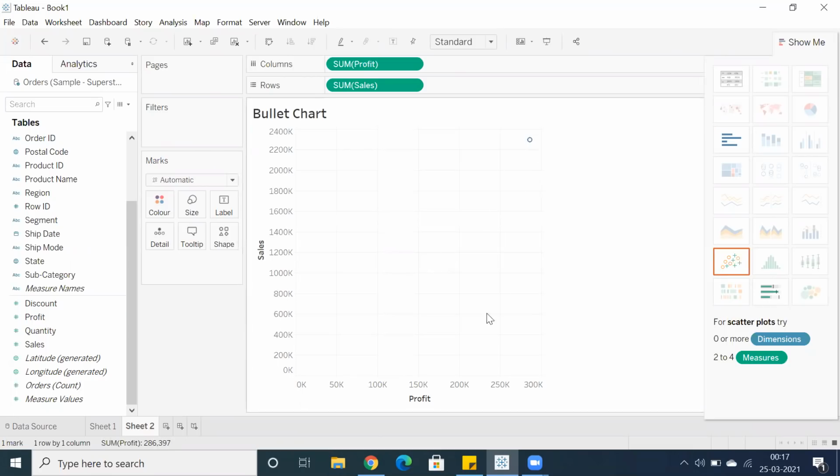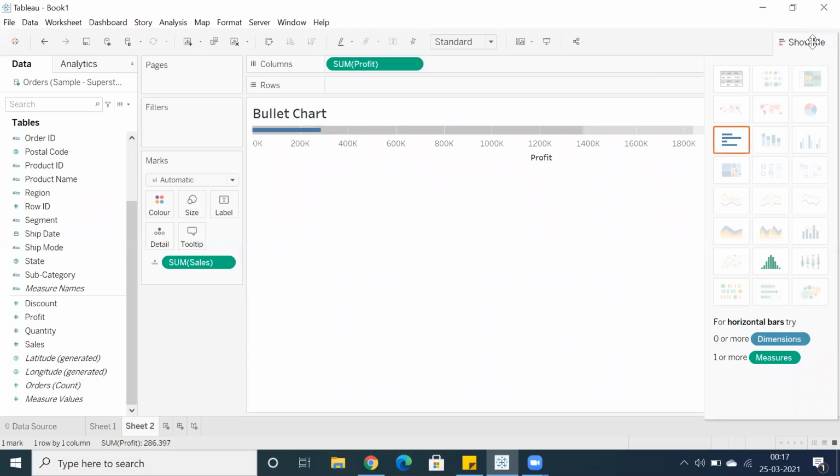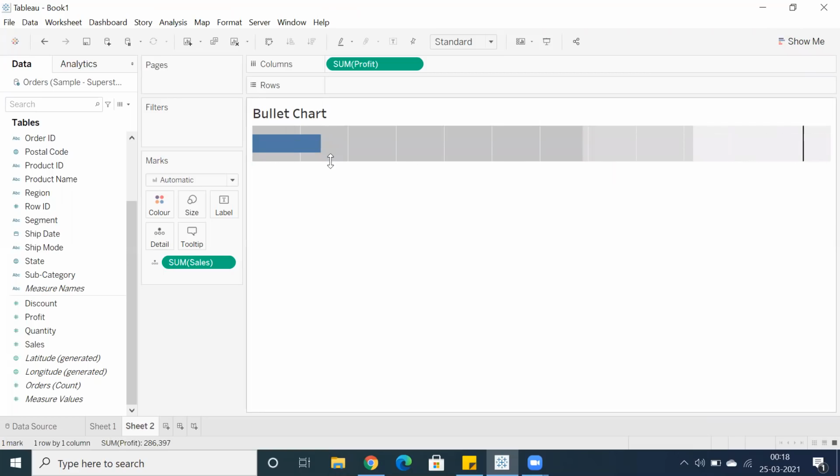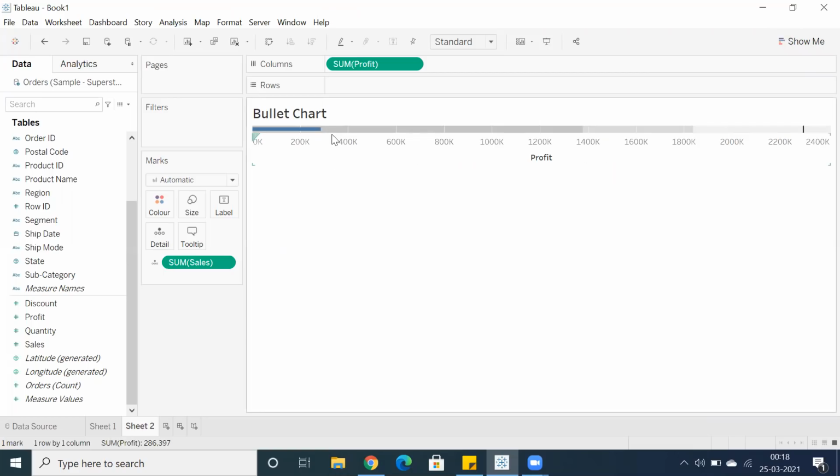So we have a couple of measures by default. One of the measures comes under the x-axis and y-axis. But just click on this. Basically, this is a scatter plot chart, but just click on bullet graphs. By default, you can see the average of sales, right? So this is the total sales and this is the total profit. So let's increase the size, or let's go back.